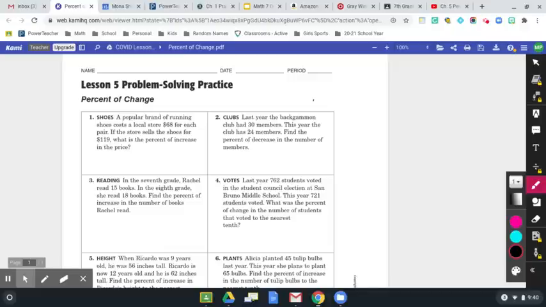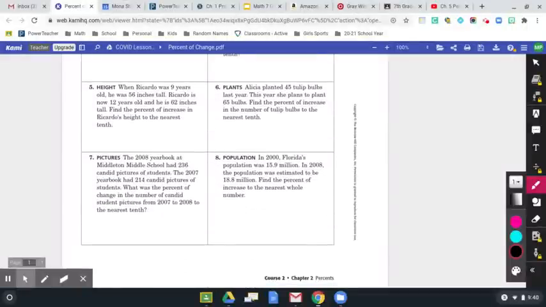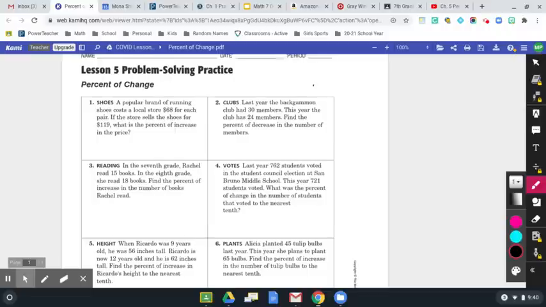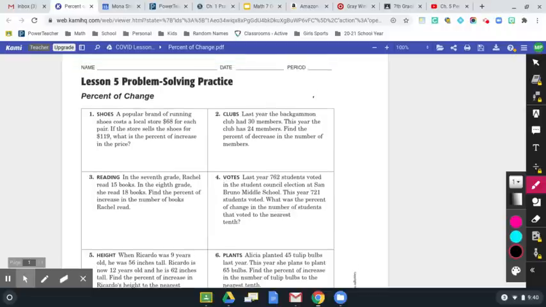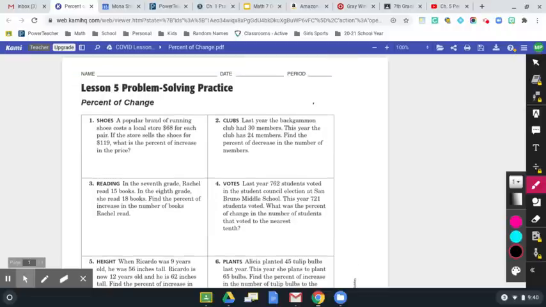You should have this opened on your screen now, and these have 8 story problems here for us to work through and find that percent of change. So you need your calculator and lined paper as well, right? We're going to work these out on lined paper. I'm going to show you the work in front of you, and you're going to use your calculator, obviously, to calculate like we did yesterday and find that